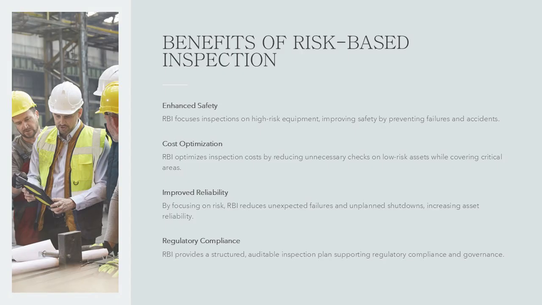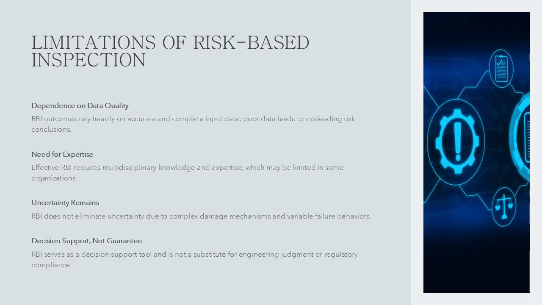The methodology improves understanding of damage mechanisms and risk drivers, supporting better engineering decisions. RBI also provides a structured and auditable basis for inspection planning, which is valuable for regulatory compliance and corporate governance. Over time, the use of RBI can lead to extended equipment life, improved asset availability, and more effective allocation of engineering resources. Despite its advantages, API RP 580 acknowledges that risk-based inspection has inherent limitations that must be understood and